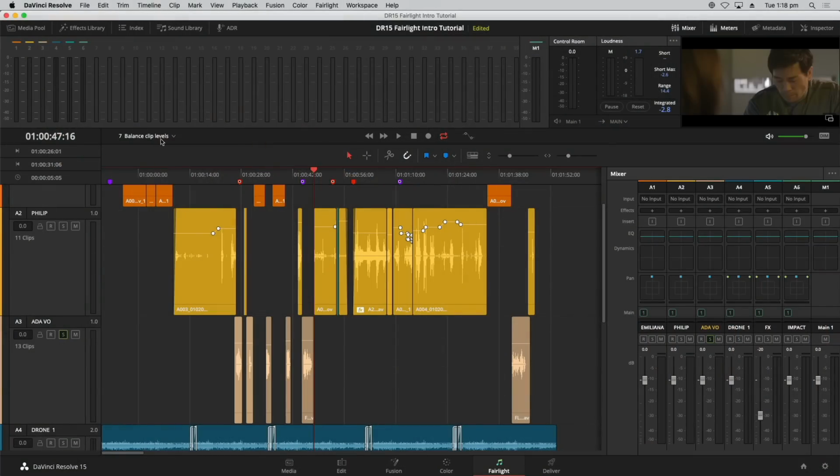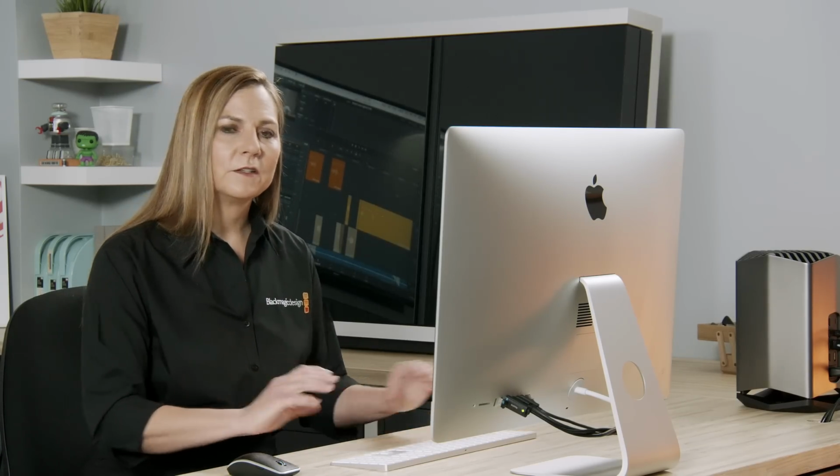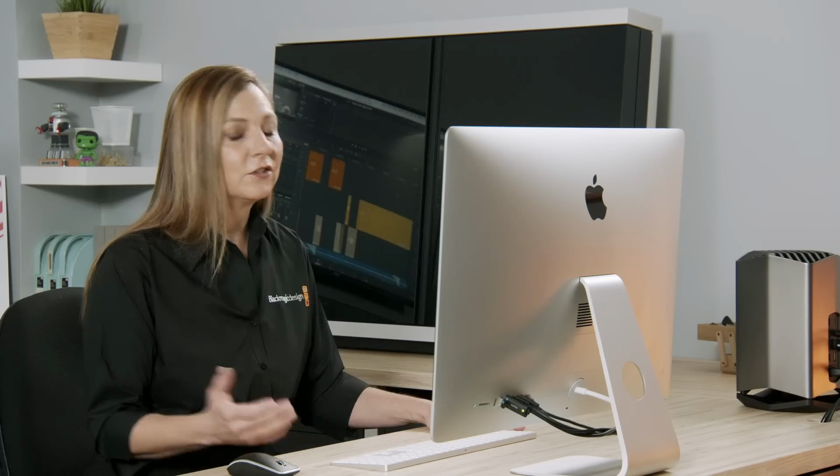So let's come up here to our different timelines and go down to De-esser. And now we're going to focus on De-esser. And if you're wondering what a De-esser is, it helps remove the sibilance inside of our shots, because as we speak in dialogue, and like right now I'm speaking into a microphone, there's that whistly sound, the sibilance, that can be picked up by the microphone, sometimes by proximity or just depending on the mic. And what we want to do is dial that back, because the louder the voice is, the more you're going to hear those, and they begin to get irritating to listen to,